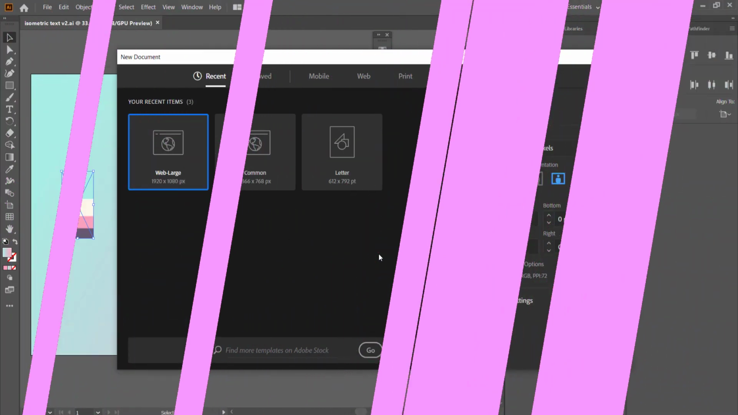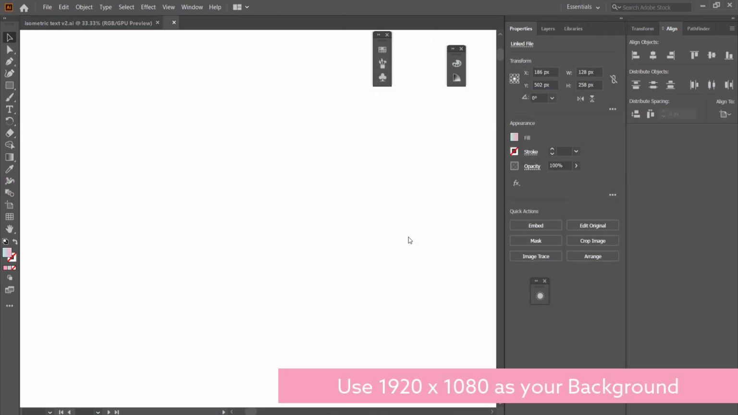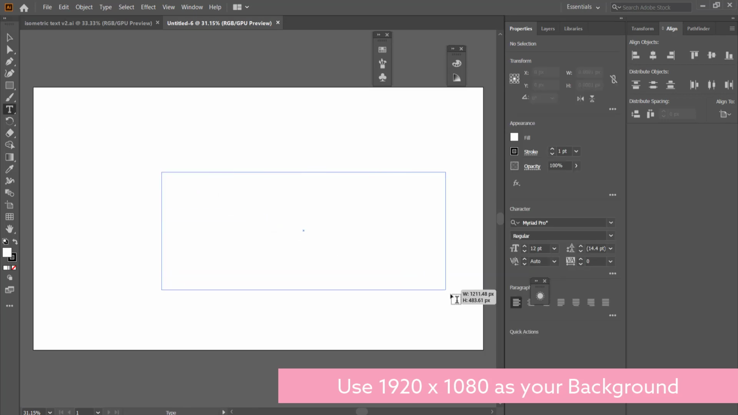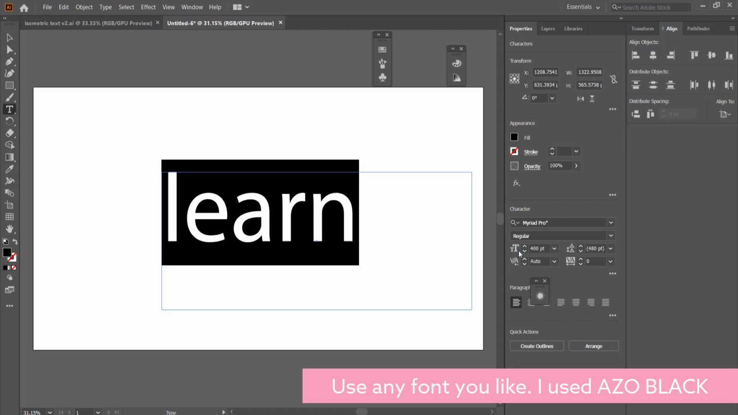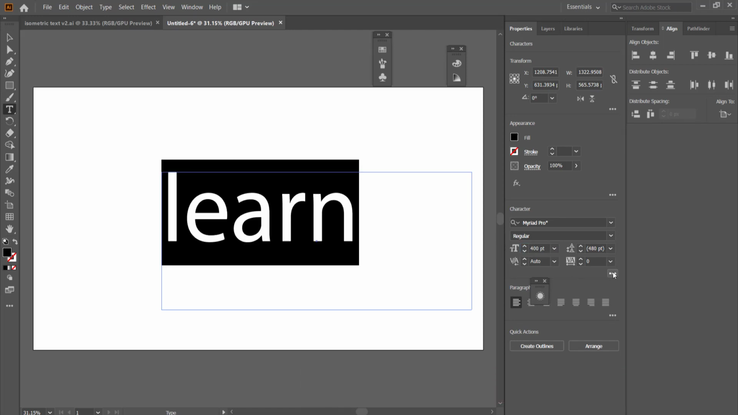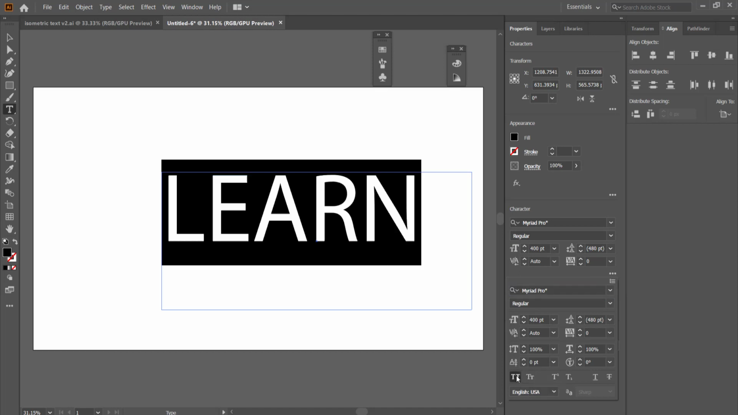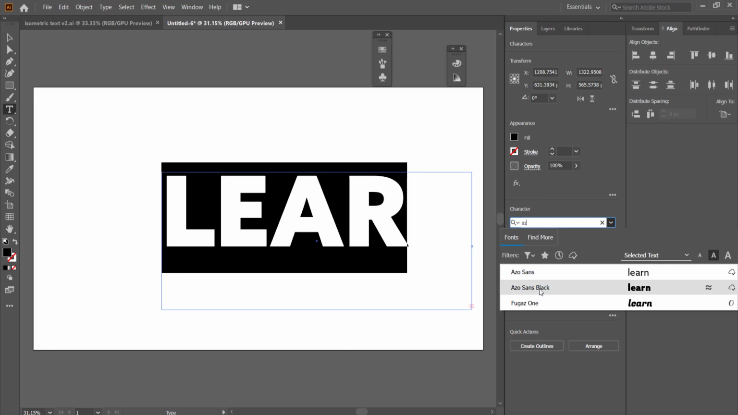So the first thing that you need to do is create a new document. I'm just going with 1920 by 1080. I then am going to grab the T tool and write some text on my screen. And I'm just going to change the font size, bring it up, and make sure that it's all caps, and I'm just going to change the font to ISO